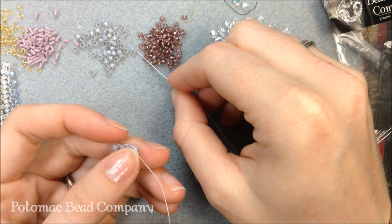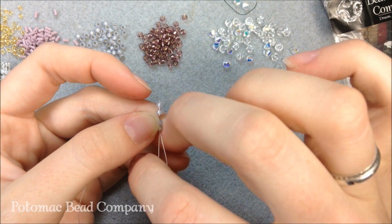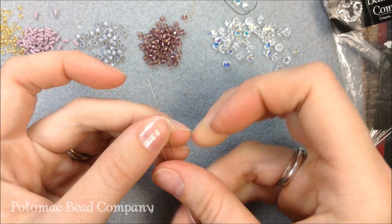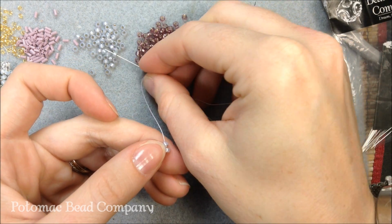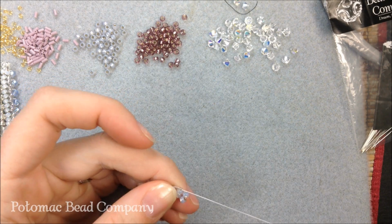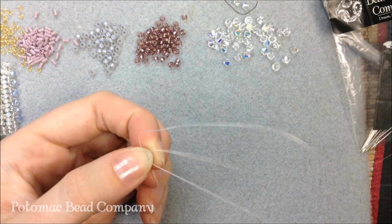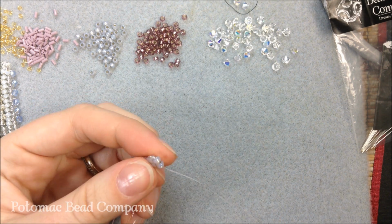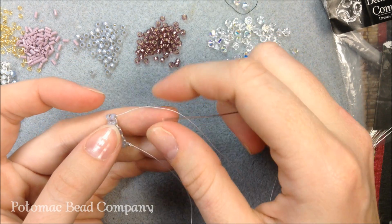2 more beads go on again, because remember, I want to do 6 wide. This is going to get me 5 wide. And then we'll do 1 more, so that we have it 6 wide total. And we have that 6th row on there, and we're sewing back down. So your last thread is going to come out on the same side as the stop